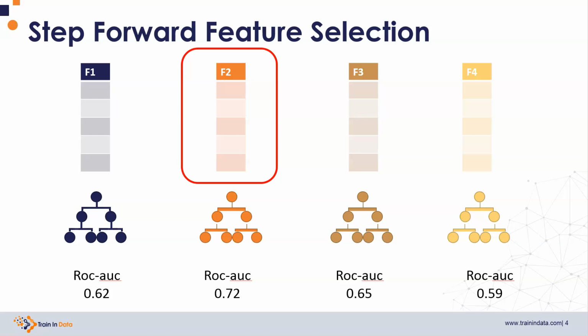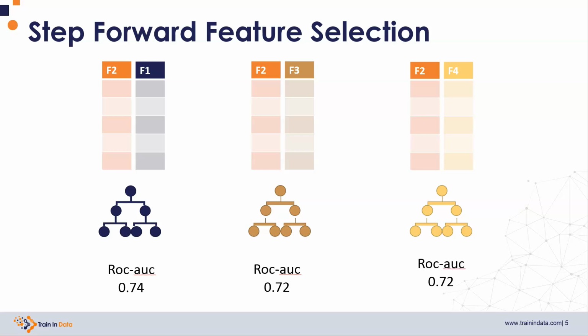In the second step, this algorithm will try all possible combinations of features with the orange one. So it will try a combination of the blue and the orange feature, a combination of the brown and the orange feature, and a combination of the yellow and the orange feature, which is what you see here. It will build one model for each of these 2 feature combinations. It will determine the performance of these 2 feature models, and then it will select the feature pair that returns